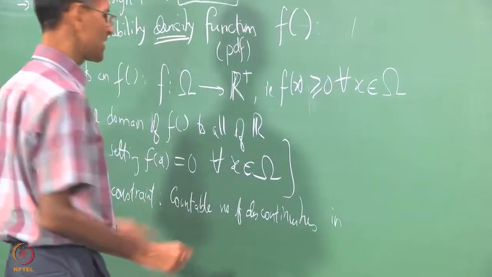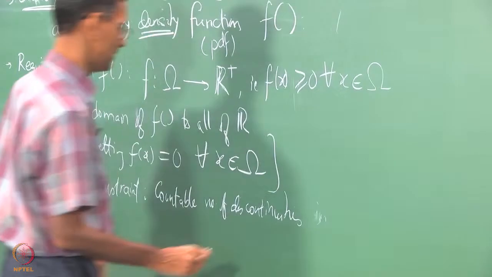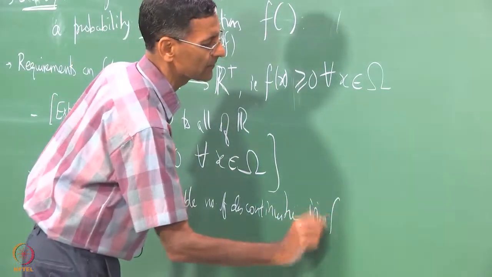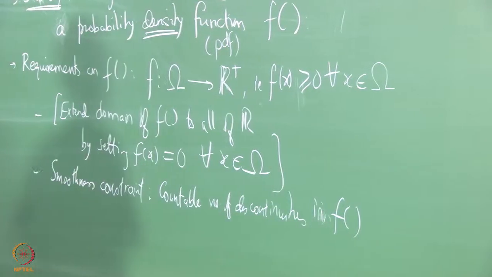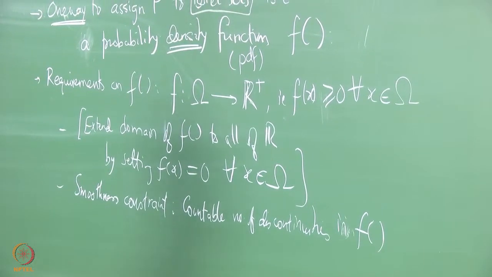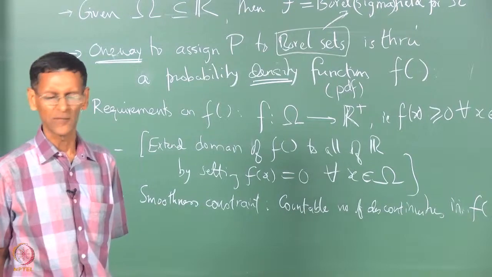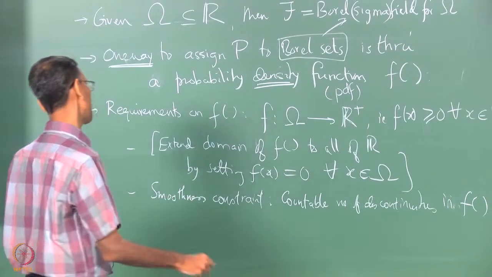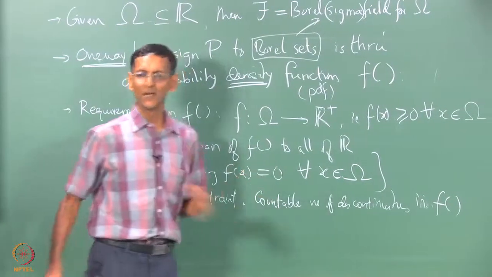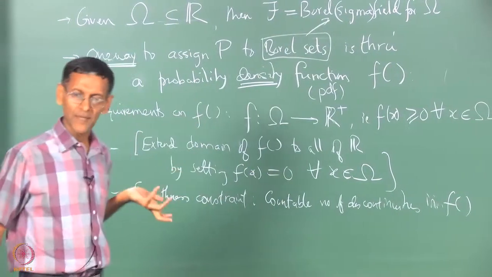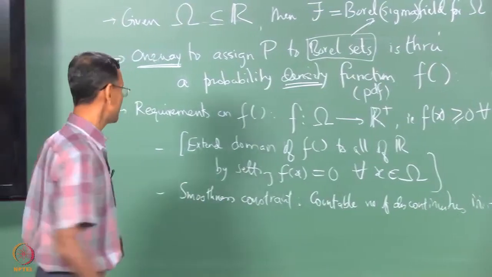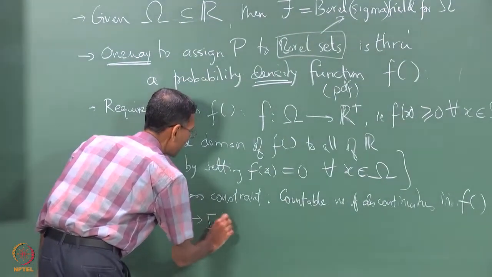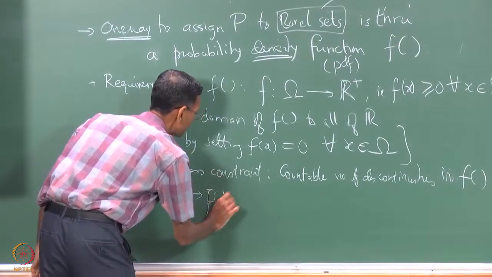Maybe I should have started with f here. Anyway, f has, okay, I'll just say in f. So this function does not arbitrarily jump around, like for example taking one value for rational numbers and a different value for irrational numbers. If you think of such types of functions, mathematically it might be okay to define something, but is it integrable? So this has to do with the integrability constraint. So f must be integrable,